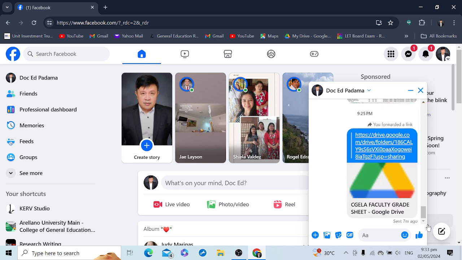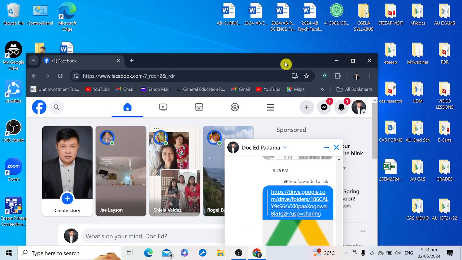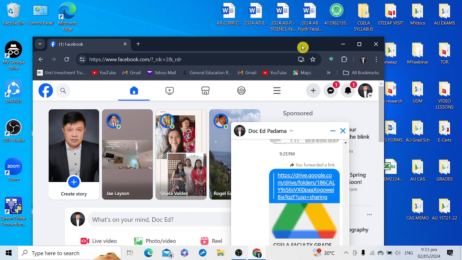All you need to do is this. You just click this part of your screen which minimizes your window, and then after that, so I can show you what to do, I'll just adjust my screen.